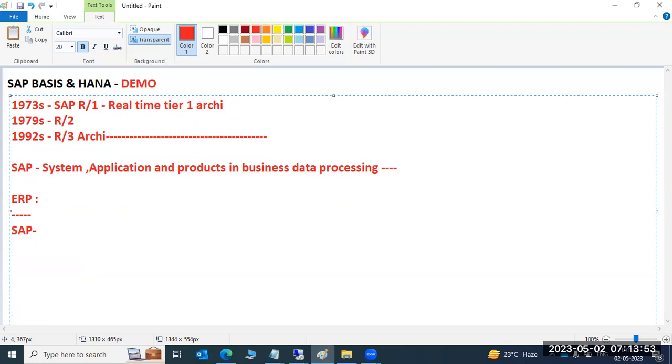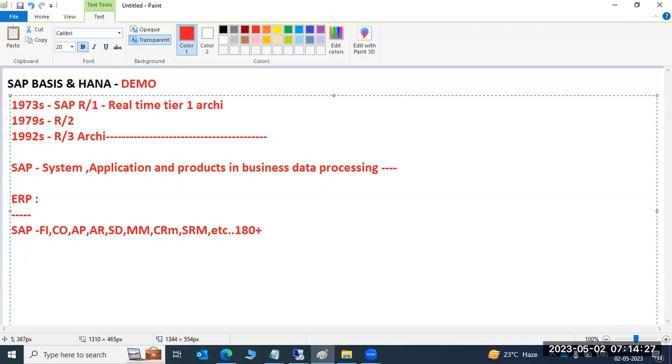Why? Because this is also one of the successful applications. Wherever you see nowadays, we have openings in SAP. SAP is not only one software, it consists of multiple modules. Modules like FI, CO, AP, AR, and sales, SD, MM, CRM and SRM. So many, 150 plus modules are available, depending upon your business.